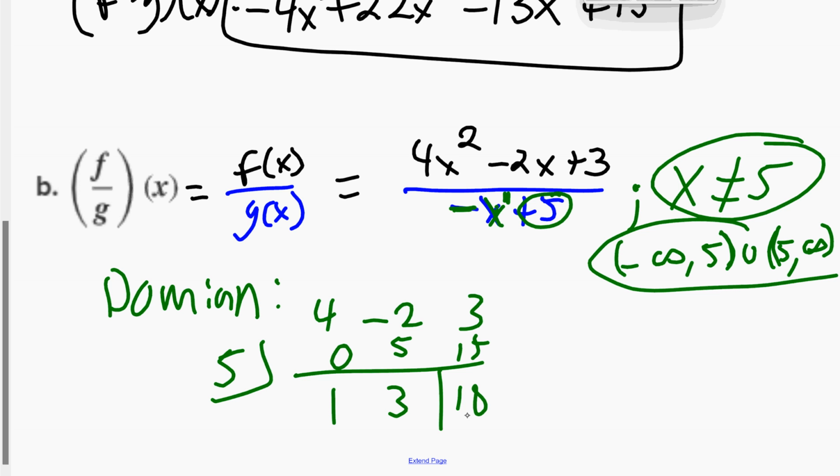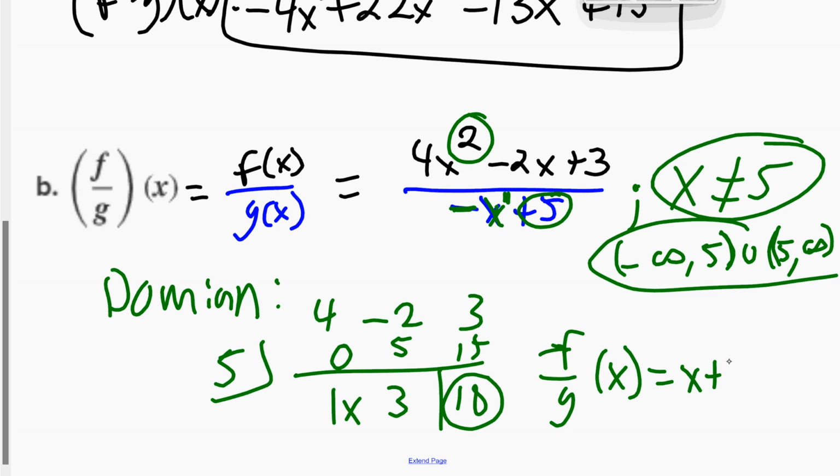So remember, this is my remainder. When I write, I start with an x squared, so this means this is just an x, right? So we have x plus 3. So the answer to this division problem, f over g of x, is equal to x plus 3 plus the remainder, 18, over what I divided by, negative x plus 5. And where x cannot be 5. There we go. So I think all